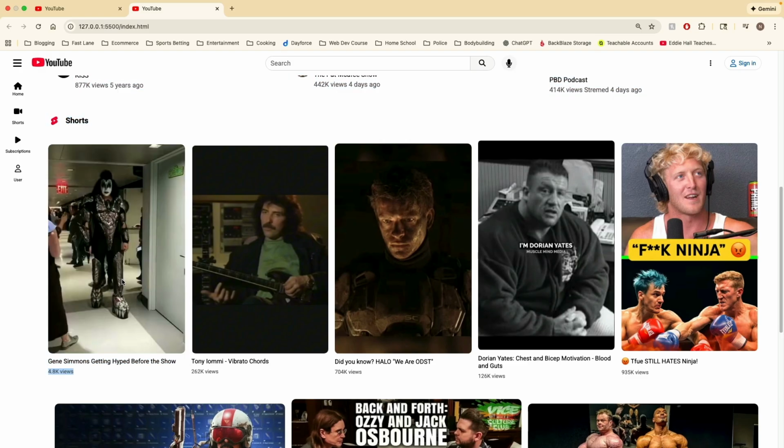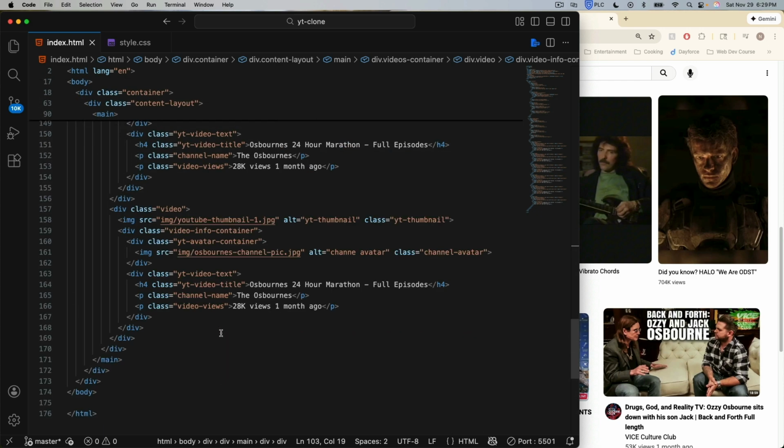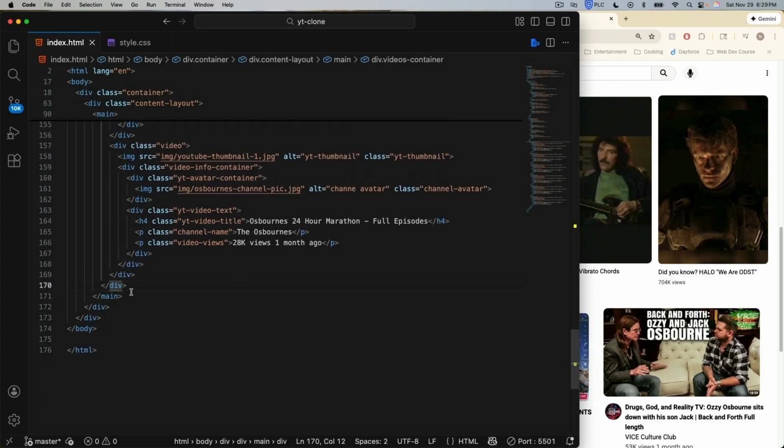So, and again, these are just the shorts that were showing when I was building the project on my own algorithms. That's what's here. So let's go to our index.html, and we're going to go below this last div, but above the main tag, and that's where our shorts area is going to start. So what we'll do here is first do the little title area with the icon and the title. So I'm going to make a div, and I'm just going to call it